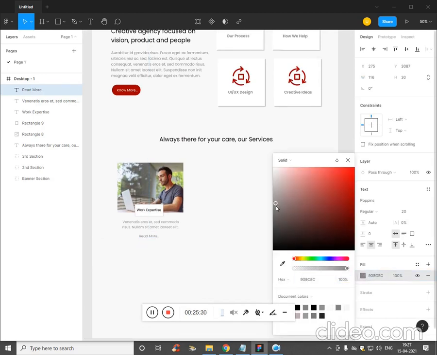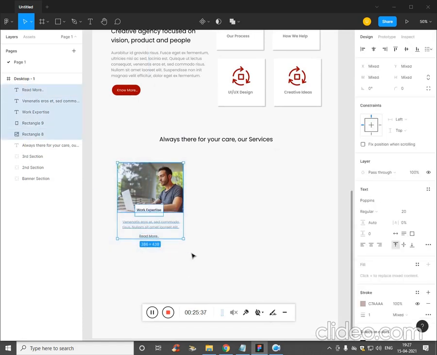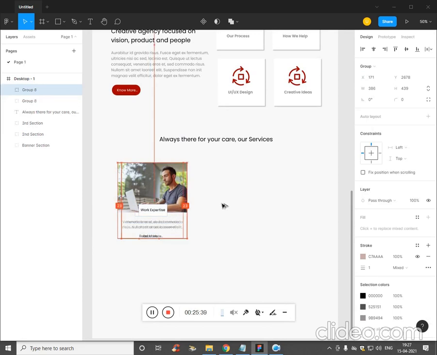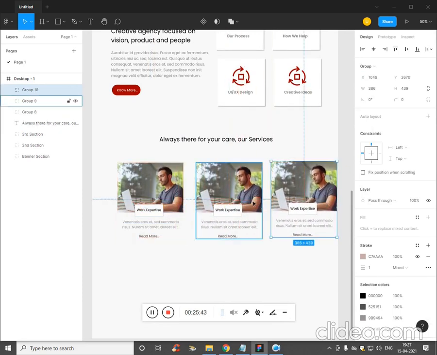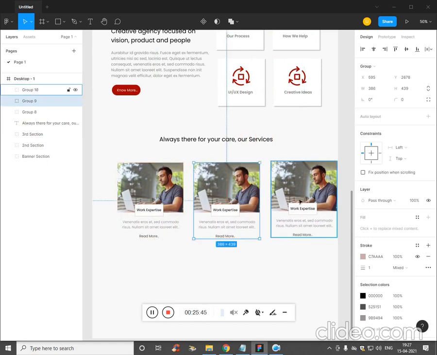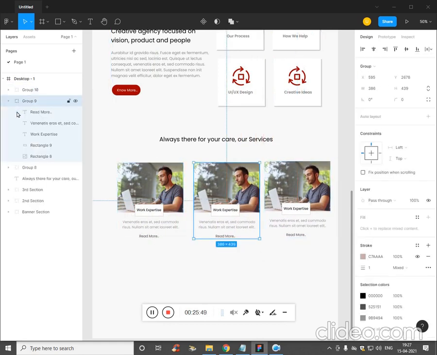Let's make this little darker. Great. Select all, make it a group. Alt drag, Alt drag. Now let's select this